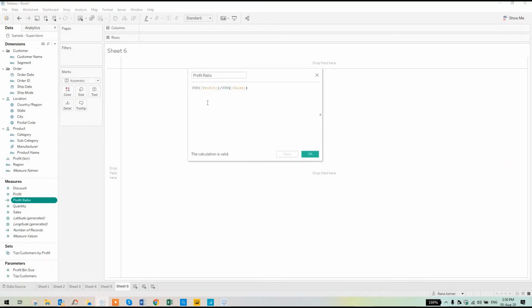But we'll see what the profit ratio formula is. Your boss has told you that the profit ratio can be calculated by dividing the profit by sales. So now we'll try to replicate this profit ratio again. We'll click on create calculated field and say this is my first calculation.